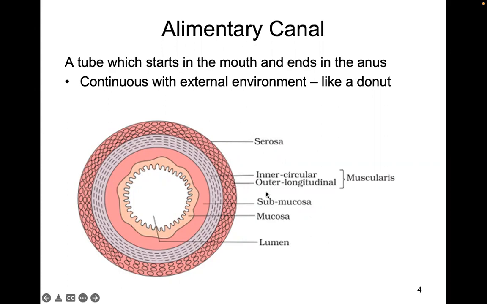Now, in different regions of this, especially in the submucosa, we have different nerves, right? We have our own enteric nervous system, which is totally separate from the rest. It can be influenced by the central nervous system, but basically we don't have to think about digesting our food. When you eat something, you don't think about it anymore until it comes out. Your body does all the work of moving it through and then taking what it wants and getting rid of what it doesn't, without conscious thought.